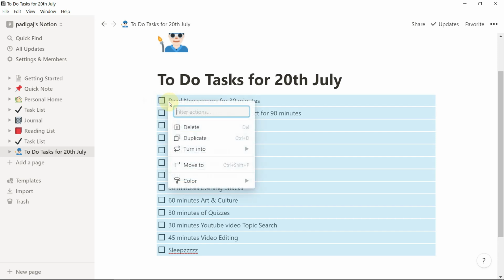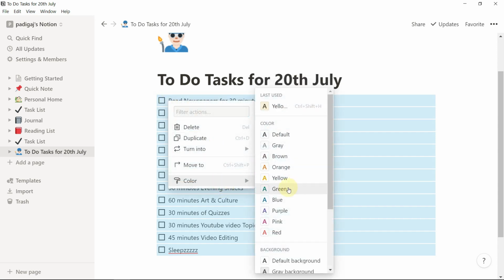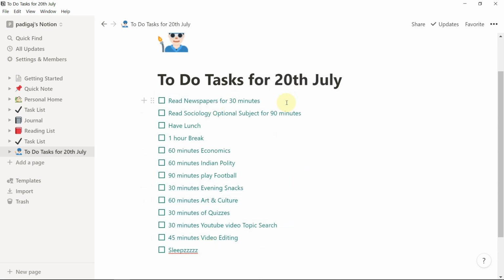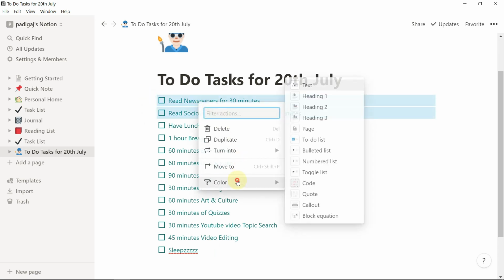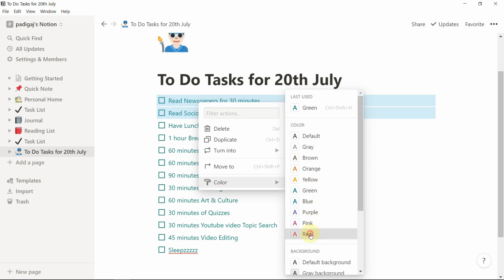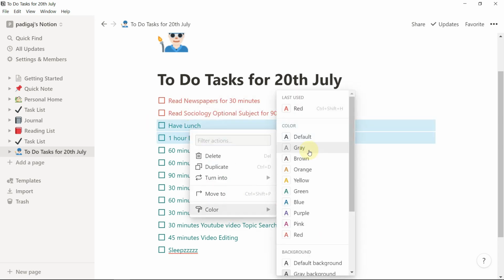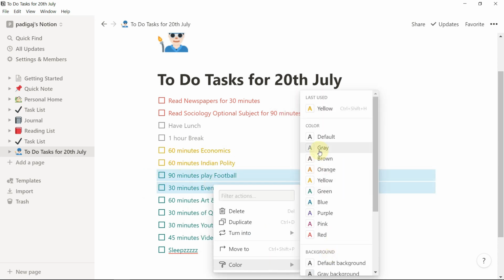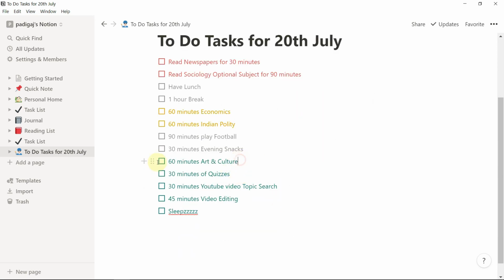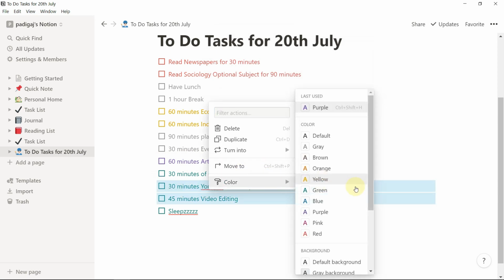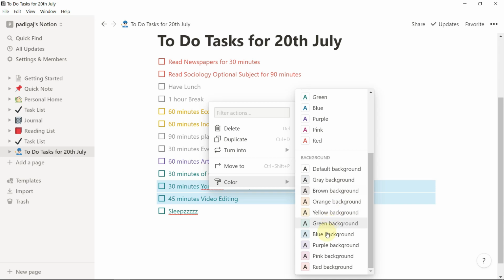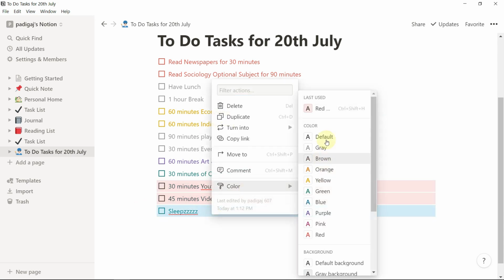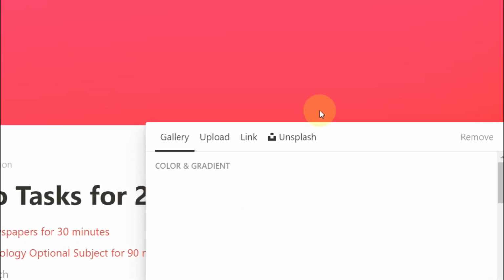And then you can also change the color, like I have changed it to green color. It is looking good. And also you can change for the various importance of the task. Like for the first two tasks, I can rate it as pink, and then I can rate it as gray. So this color changing option is very good for Notion. You can really just focus on whatever tasks are there in hand, and also you can change the background. This looks even good. And also you can change the cover, like this looks like a proper productivity app.